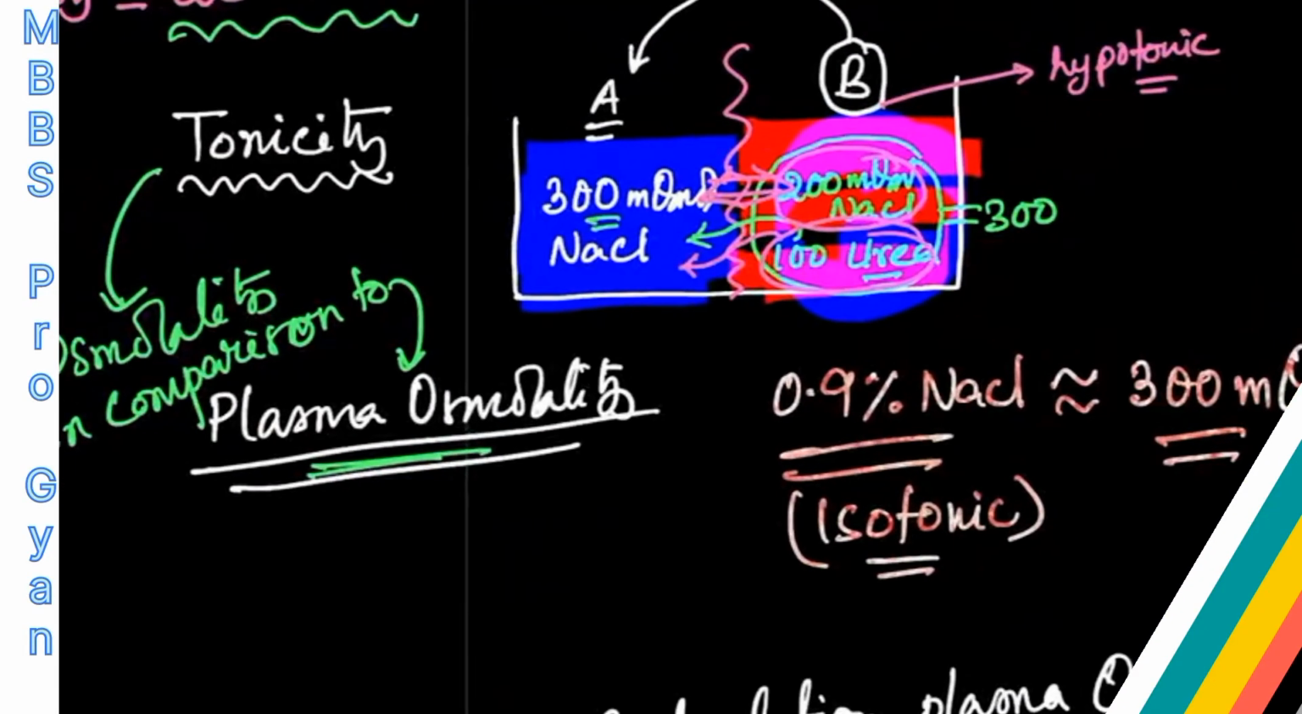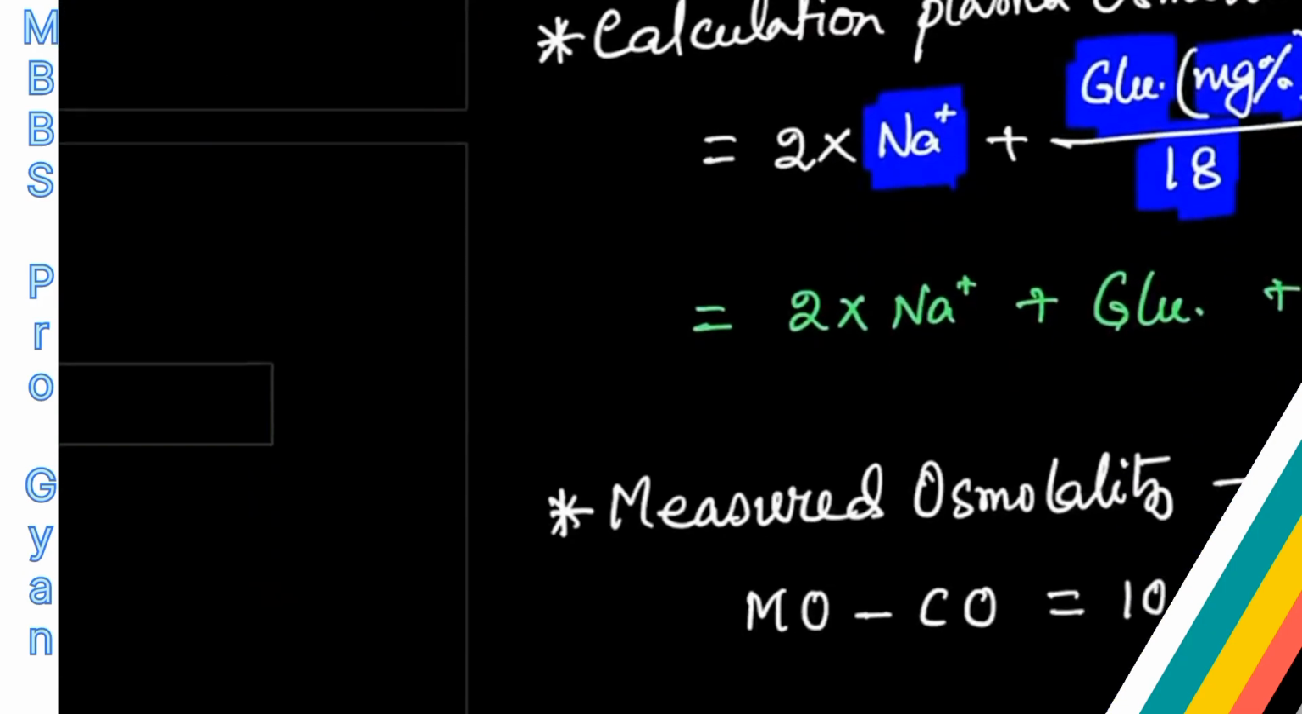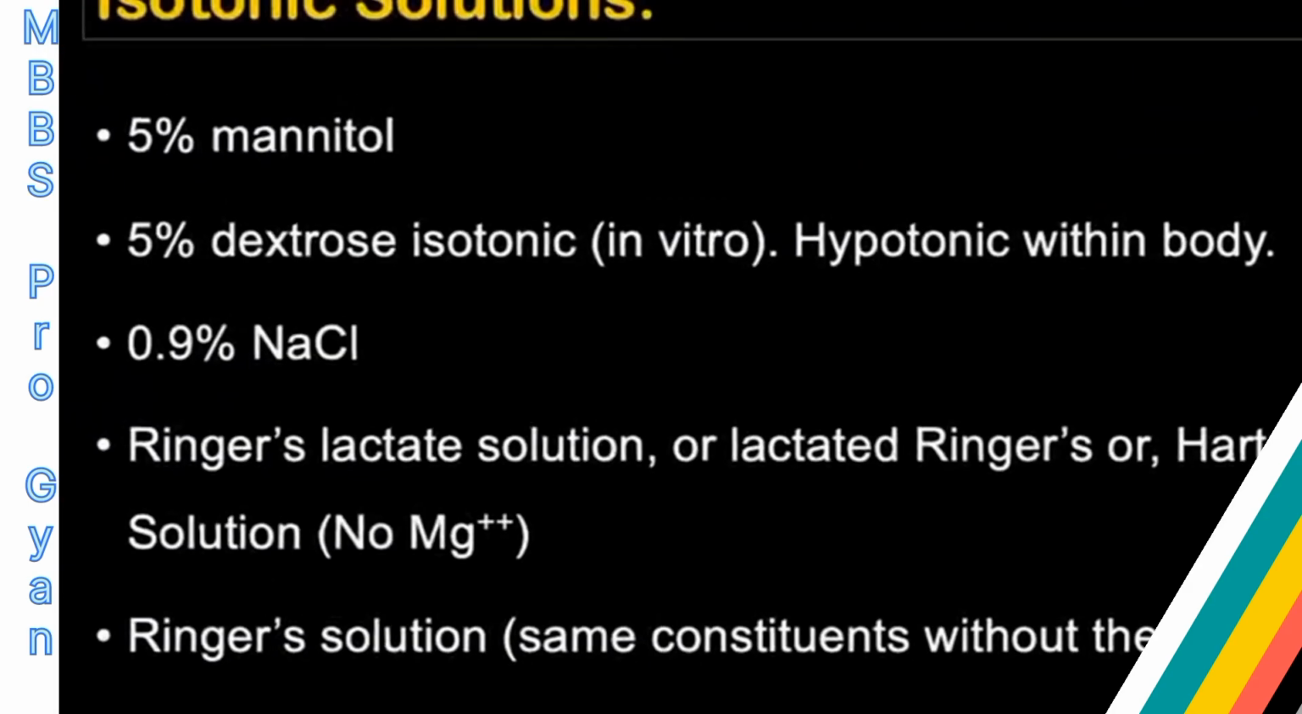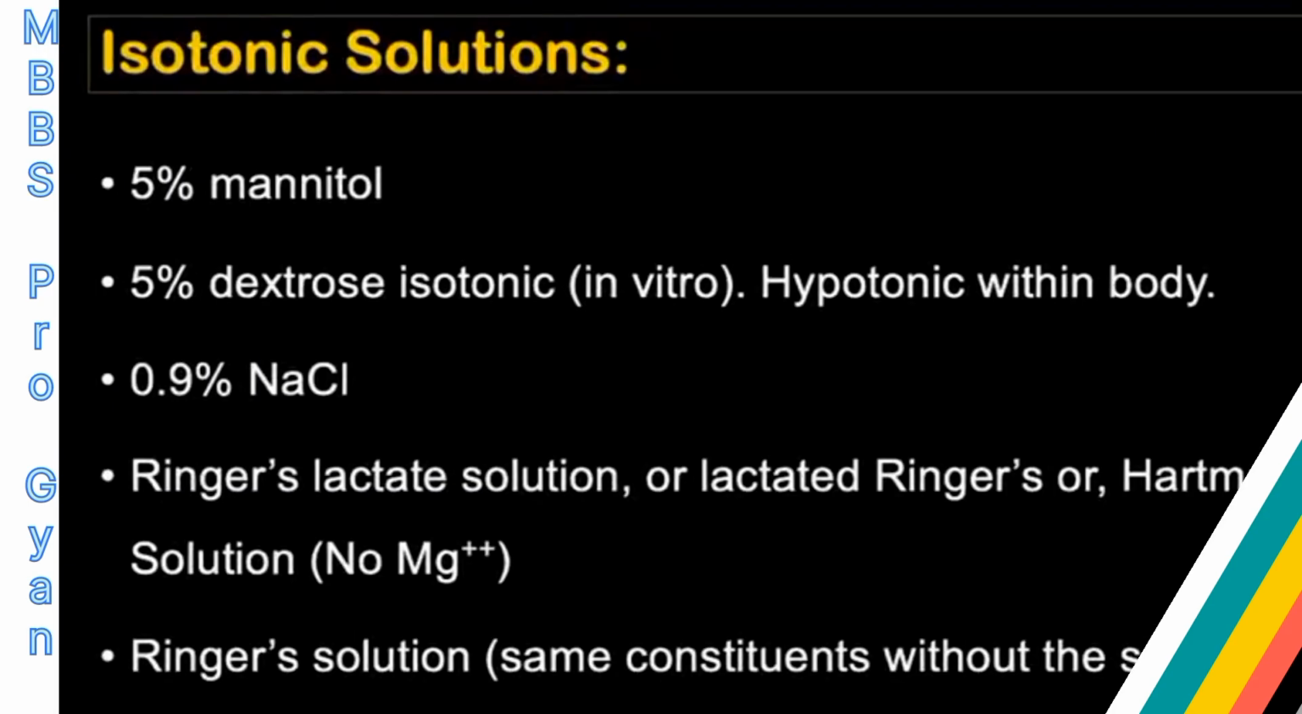Now we have understood the concept of tonicity. We have understood the concept of osmolality. So now we'll go back to the Darrow-Yannet diagram. But before that, I'll show you certain examples of isotonic solution which we